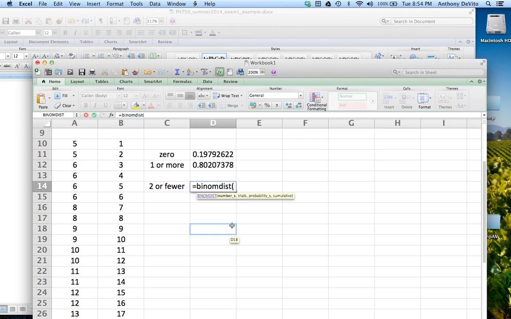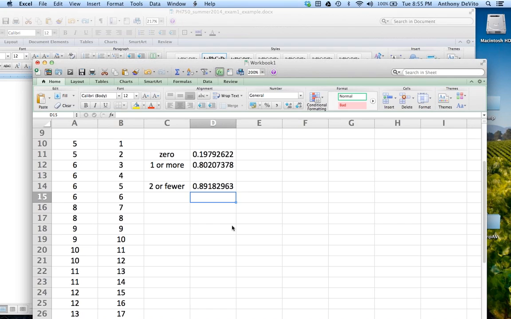Okay, what do I put here now for a number of successes? 2 or fewer. 2, good. Trials stay the same. 4, 0.33 stays the same. And do I put true or false in here? True, because I want it to include 2 or fewer, everybody below that. And if I were to say 3 or more, right, then I would just say